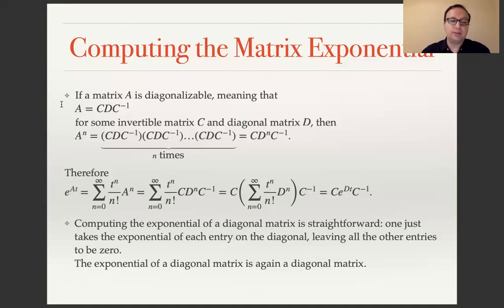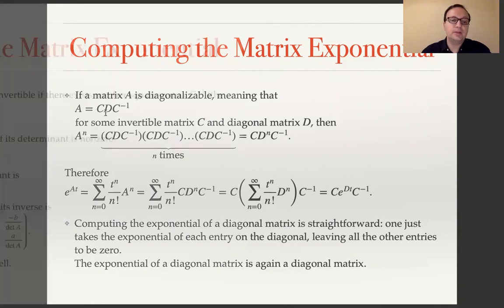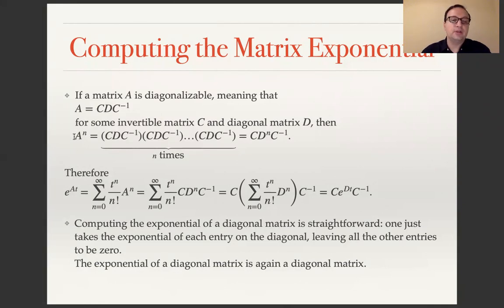If a matrix A is diagonalizable, so A is equal to C D C inverse for some invertible matrix C and diagonal matrix D, then we can use this to compute the powers of A in a pretty straightforward way. So A to the n is equal to